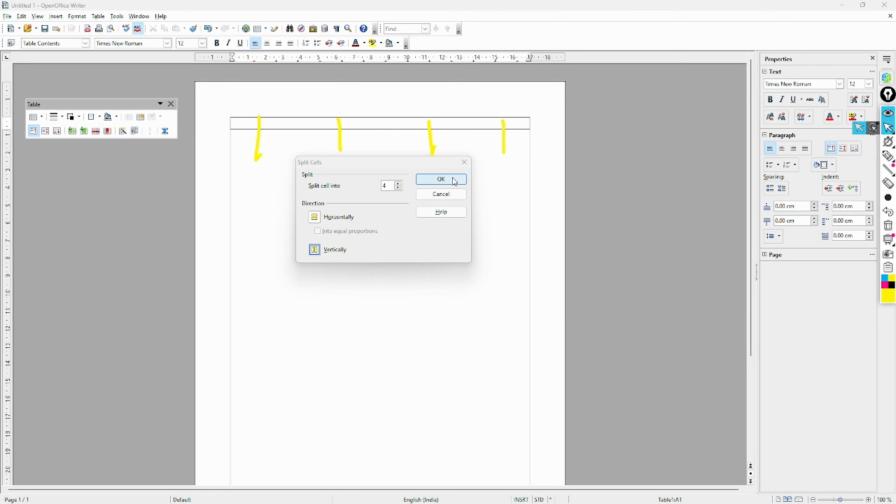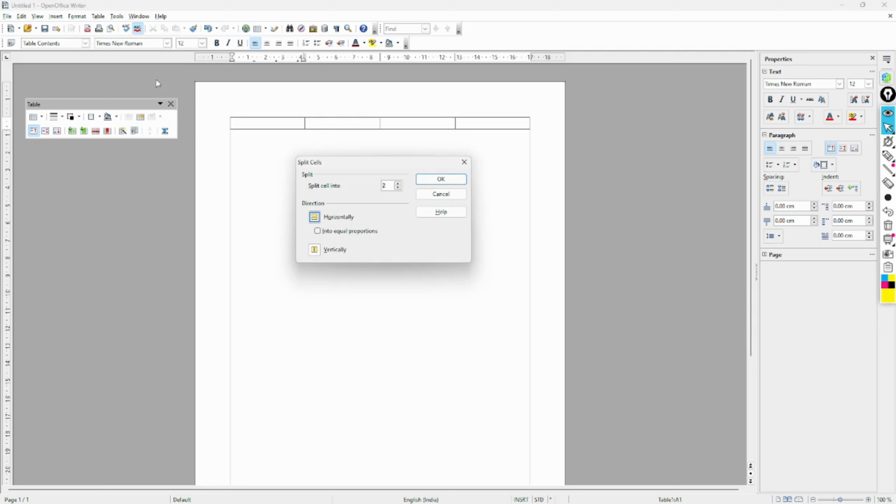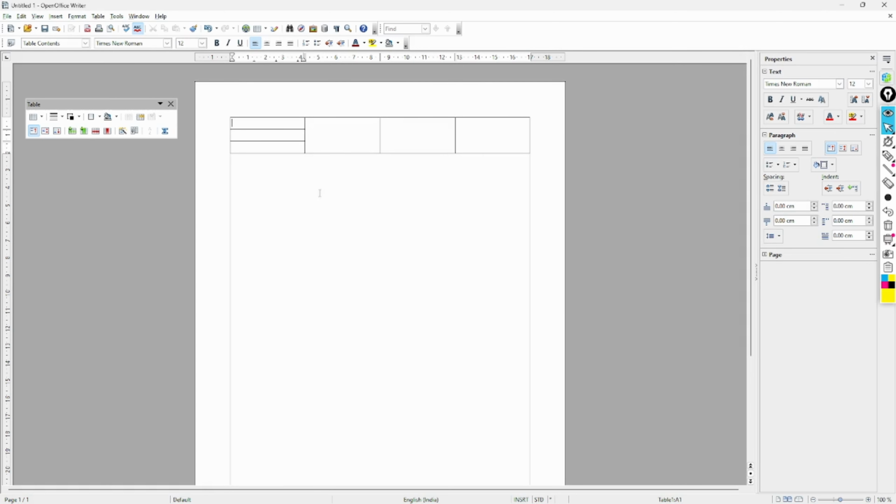Understood? Now let's see. Okay, done. One column, second column, third column, and fourth column. Now after this, from here I will do split cell. Now I will create this with our size. I think 4 by 3 it was. 4 by 3. Now horizontally. Okay, see, table got created. Now again here split horizontally 3.